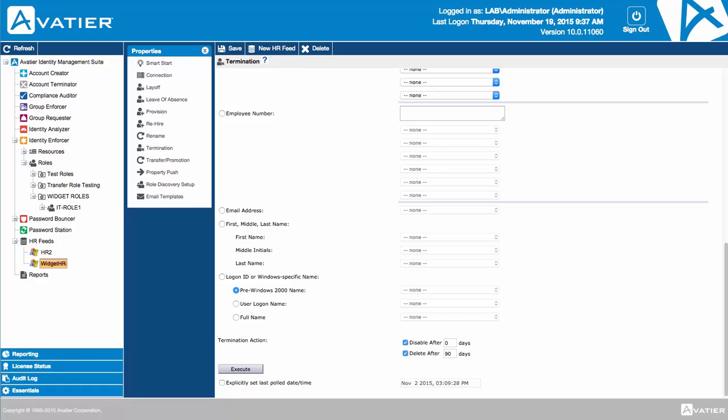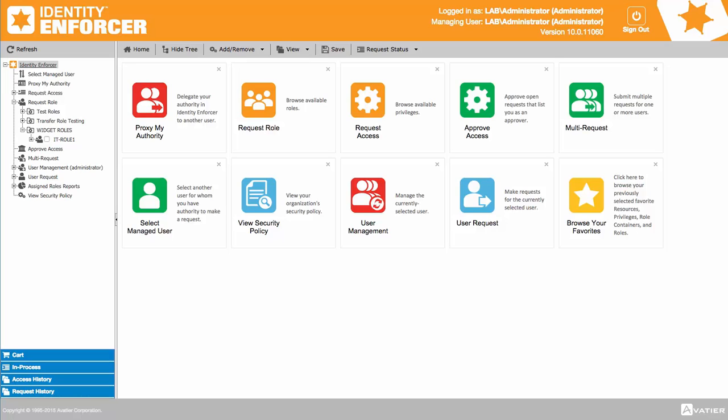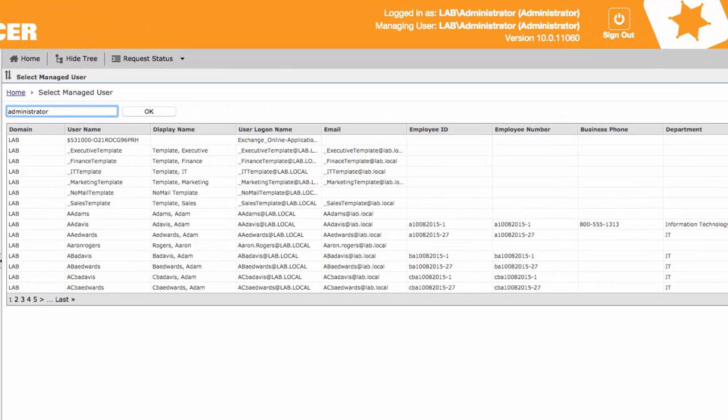This method works well for employees who are processed through an HR system. However, managers typically have to hire provisional workers such as contractors and interns that are not processed through the HR system. In this instance, a manager can use the Identity Enforcer client to request a contractor account be created for the same role that would be created for an employee processed through the HR system. The select managed user function is configurable to display the employee number attribute for all employees and contractors. By typing the desired employee number, you can see